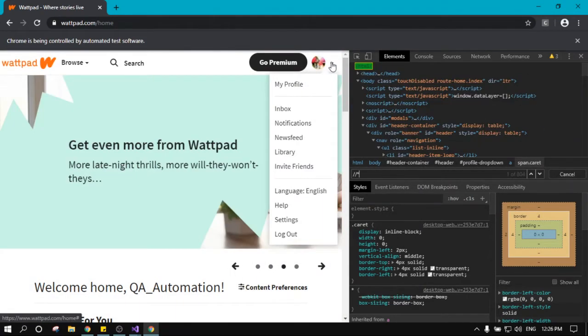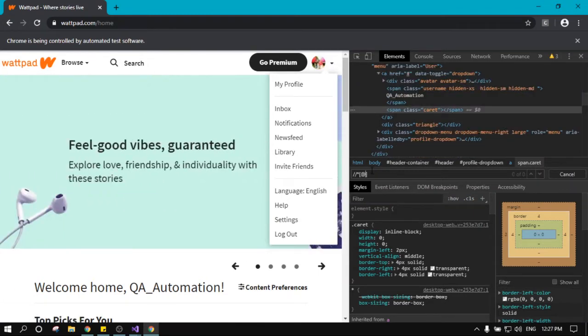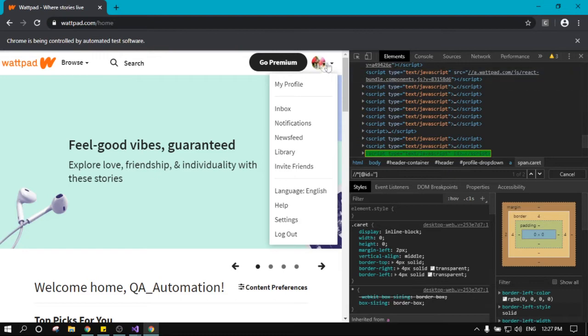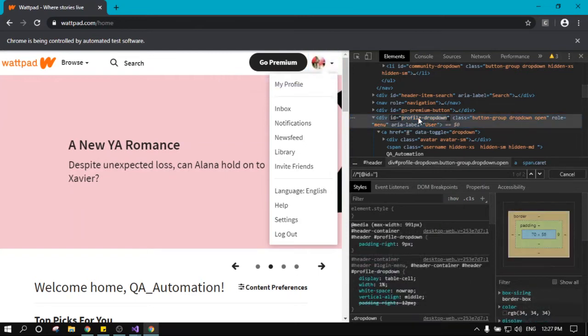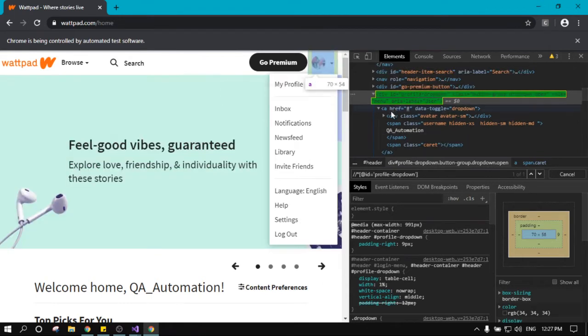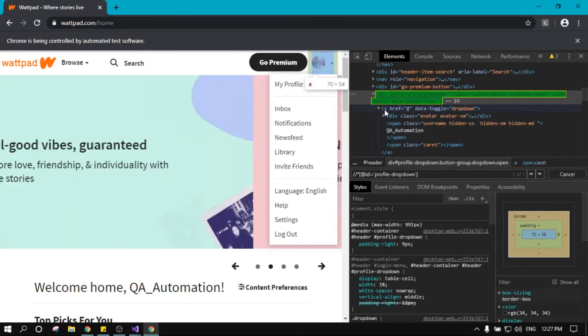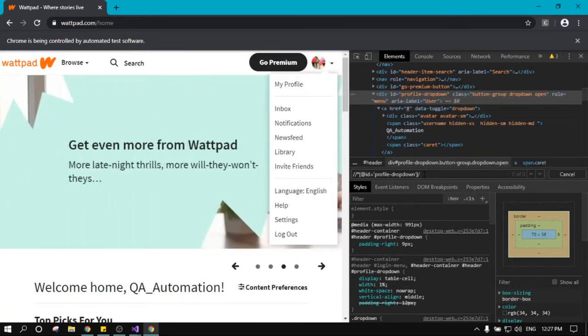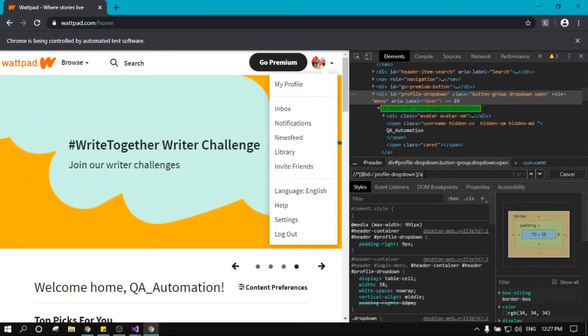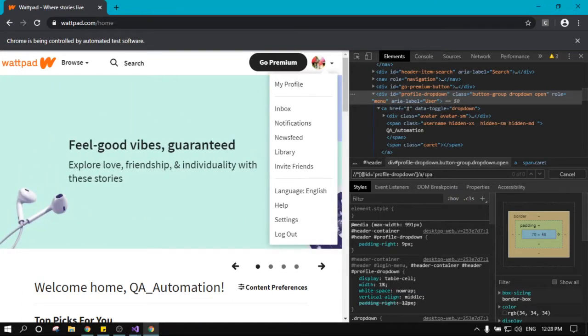So we will write an asterisk here, and then we have to write here around ID equal, and just select that name, which is profile dropdown. Insert it here. Inside of this we have an A tag, so inside of this A tag we have our span class, right? So all we have to do is to put a dash here and write an A, and as you can see, it identified our href, and then just write span